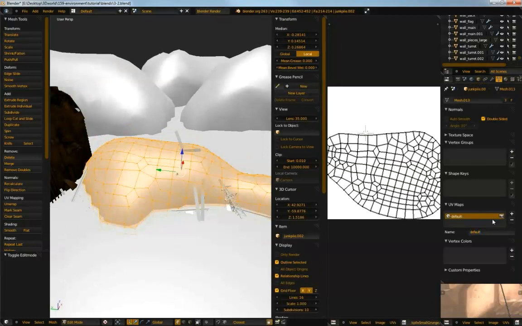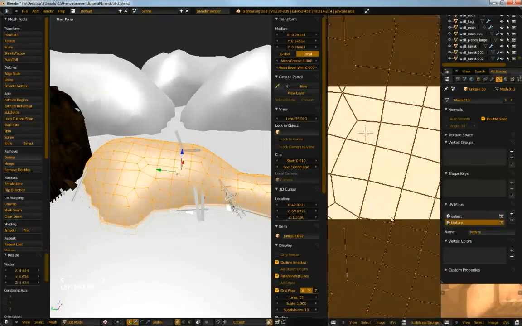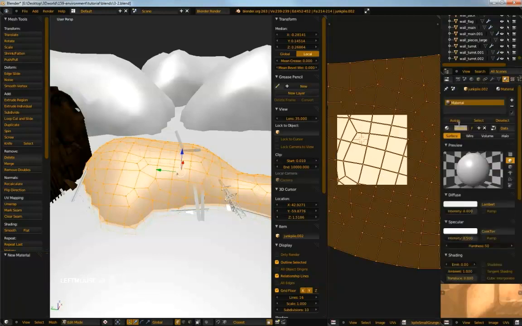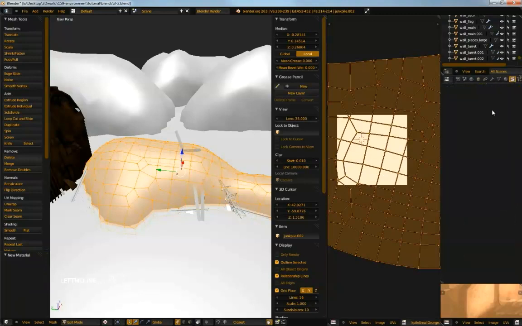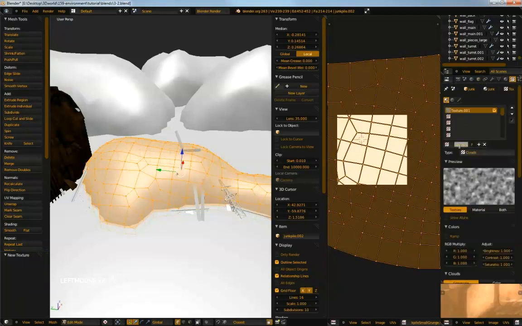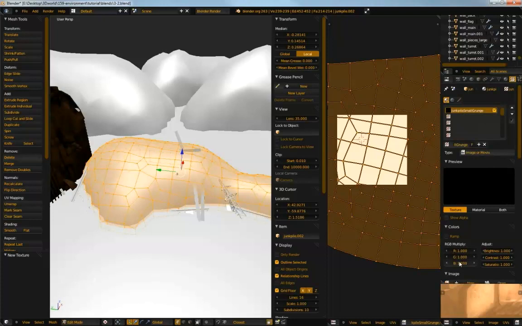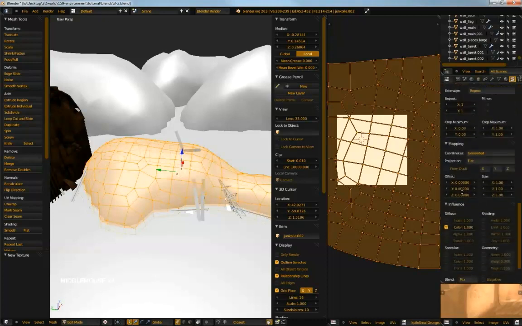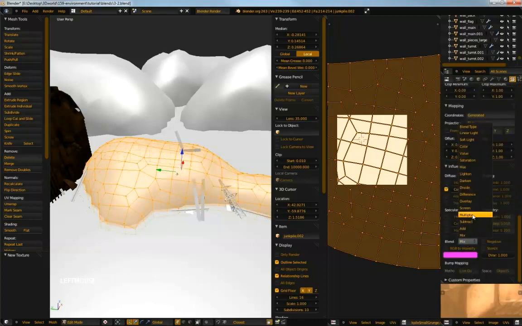So I'm just going to call this one here default. Create a new UV map. Call this one texture, as before. I'm getting pretty good at doing textures now, so not really worried. Alright, add in a new material, junk pile small textures, new texture, junk pile small grunge, image or movie, and choose that image, that one, set that to multiply,